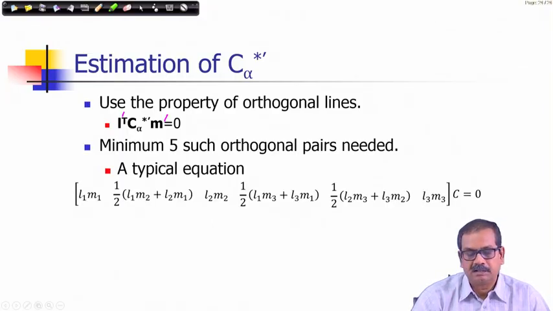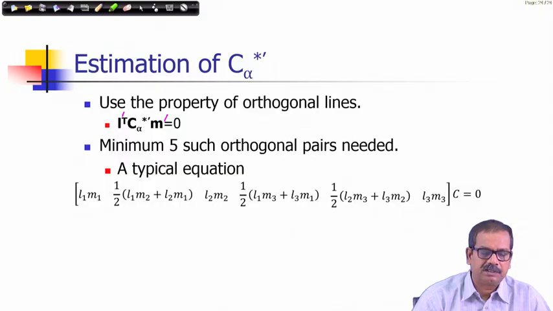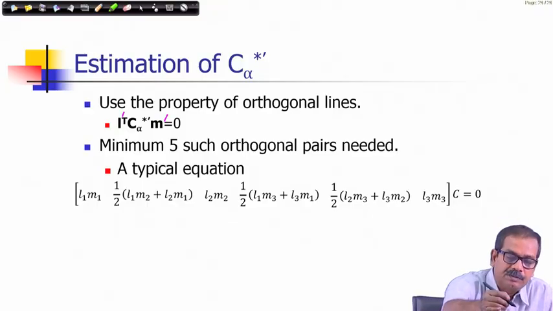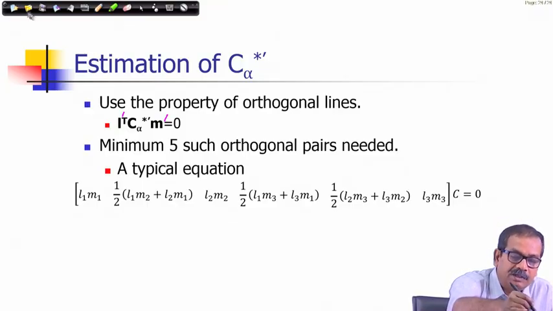So, you consider a particular line, say L and M. We can consider L and M itself in that space. So, there is no problem in notation, it is a notational description only. So, you will be using this equation. So, L is represented as L1, L2, L3, M is represented as M1, M2, M3, and you can observe that an equation